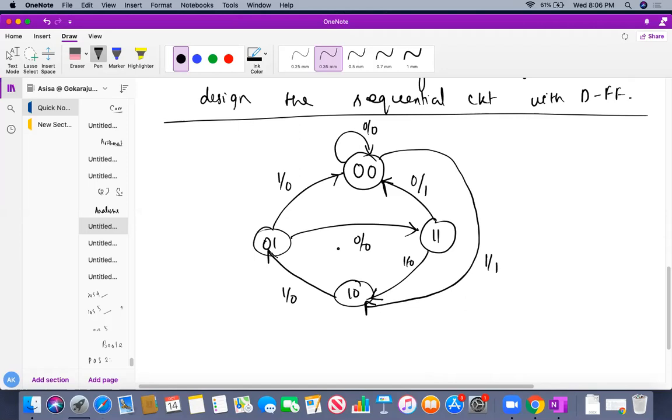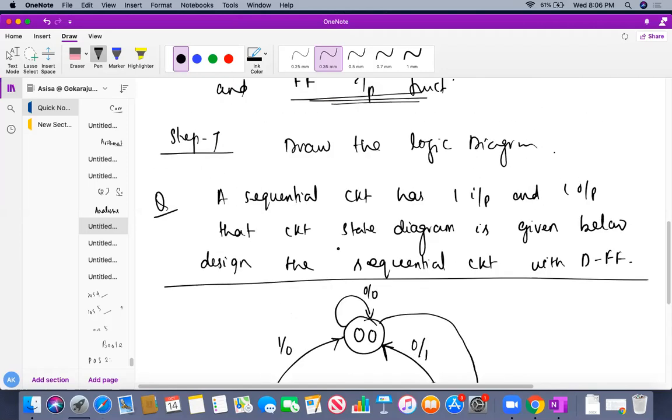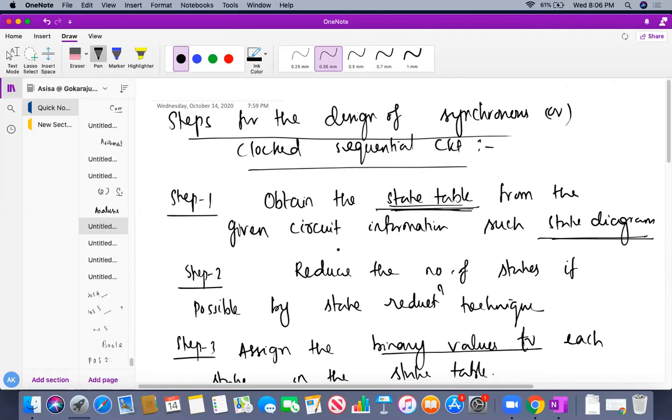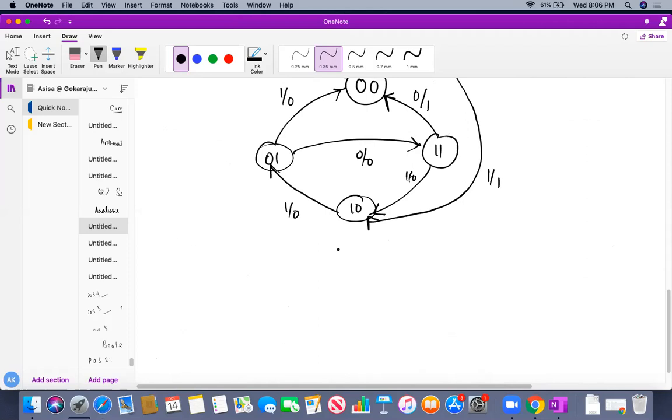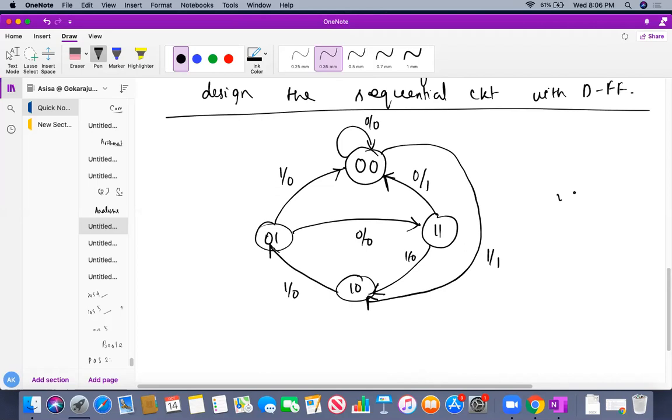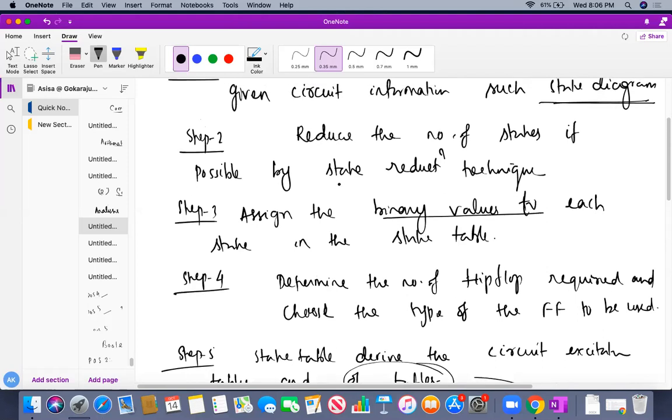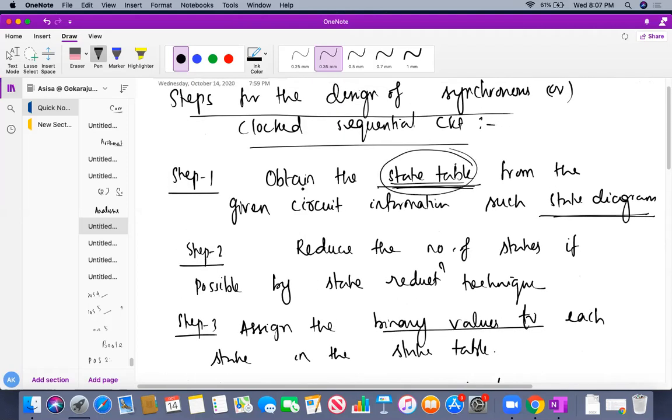So now the thing is, what you need to do here. First, step one: you have to design a sequential circuit, and for designing, you need certain flip-flops. So here it's already given. For this particular state diagram, you have to design the sequential circuit using D flip-flop. Which is actually what we need to find out, and the type of flip-flop is one of the items in step 4. So we know that here we require a D flip-flop to design it. So now the question is, what do you have to do? What is my step one? Step one is, from the state diagram you have to obtain the state table. Very important and very easy.